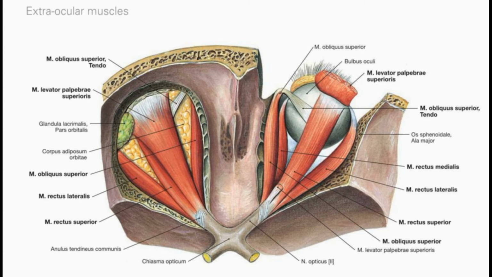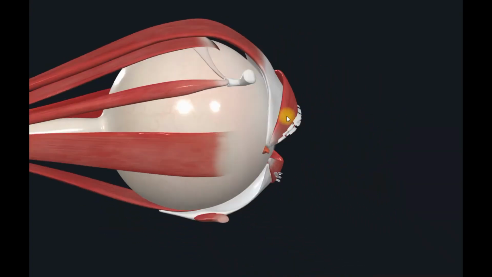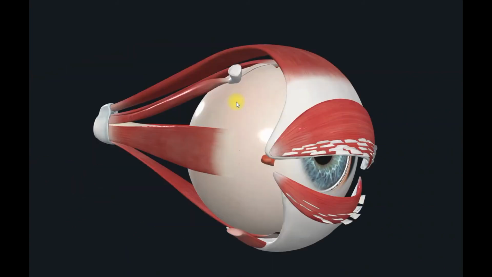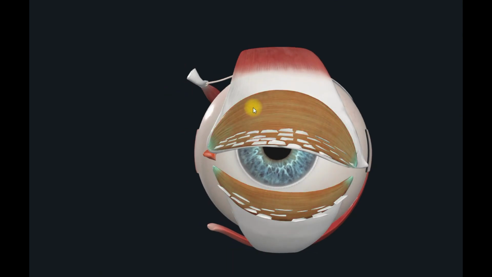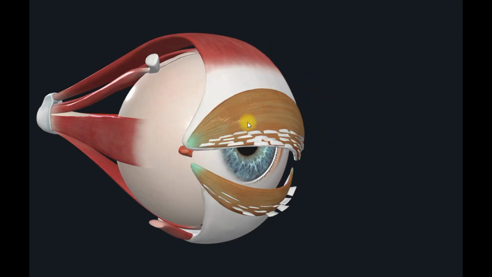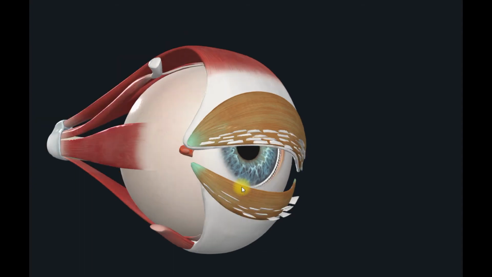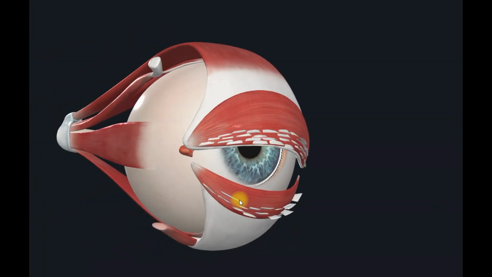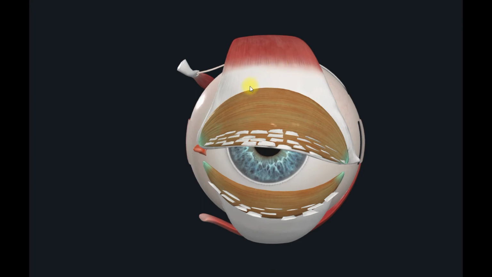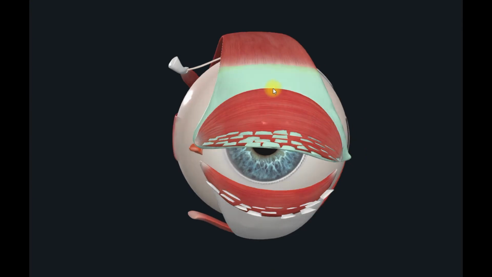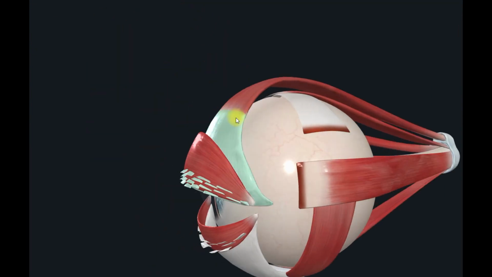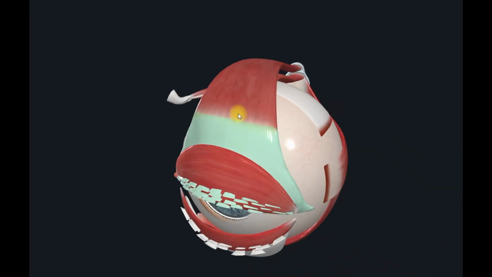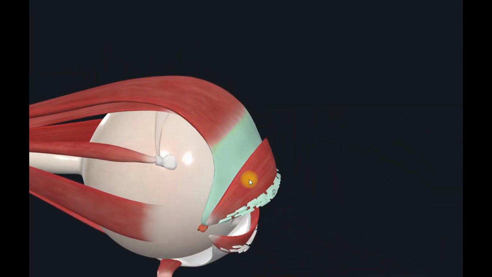The muscular apparatus of the eye consists of the extraocular muscles. There are muscles which provide the movement of the eye, and muscles which provide movements of the eyelids. First, for the eyelids, the palpebral part of the orbicularis oculi muscle, which is responsible for closing your eyes. Next, the levator palpebrae superioris, which divides the lacrimal gland by its aponeurosis, and is responsible for opening the superior